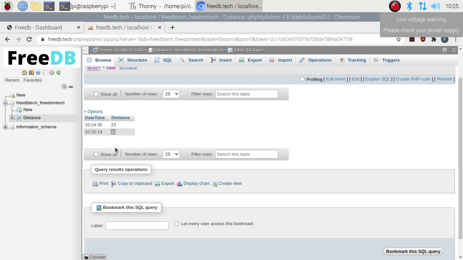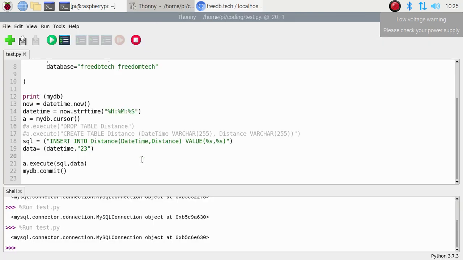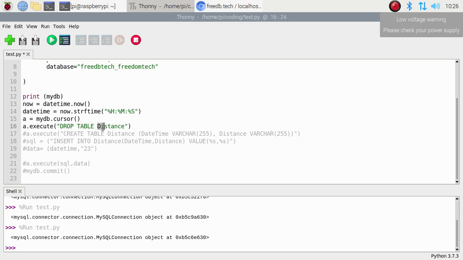Okay, so suppose if you want to drop the table, then what we are going to do? Open Thonny Python IDE. I have already mentioned that query also. Okay, now we don't want this query, so again comment it, comment and comment. Now if you want to drop the table, simply you have to run the query like this: a dot execute drop table and mention the table name. It will delete the table. Okay, so if I run this query,